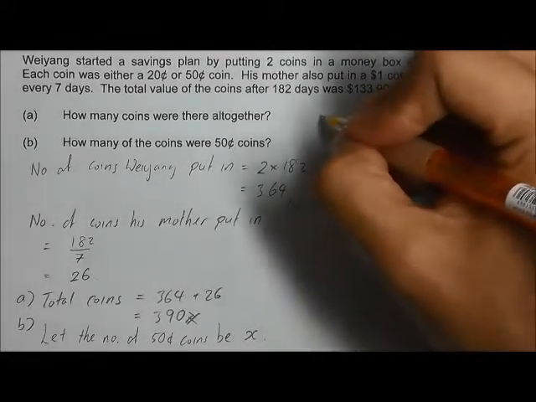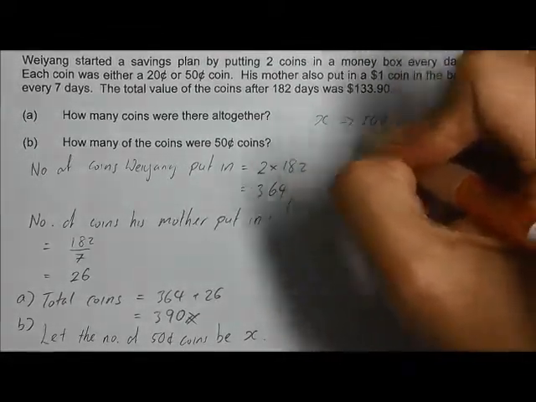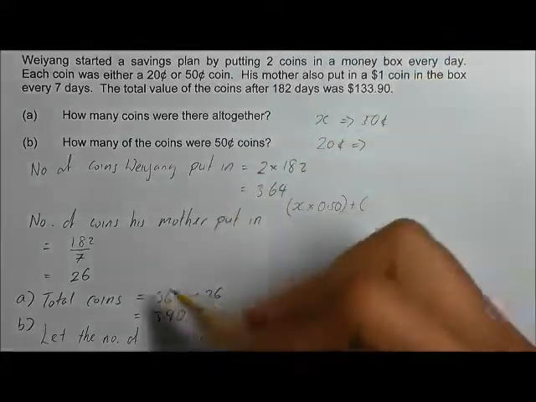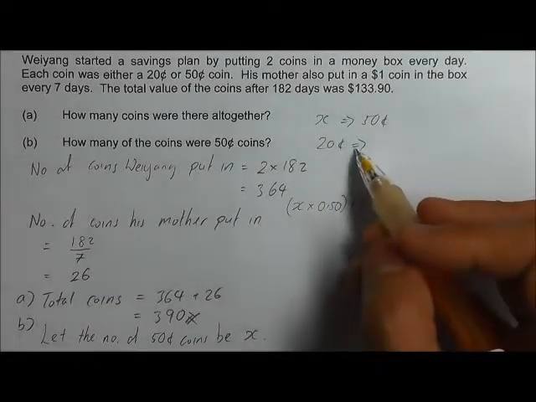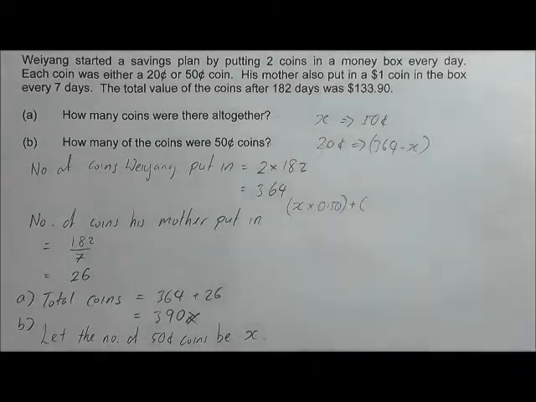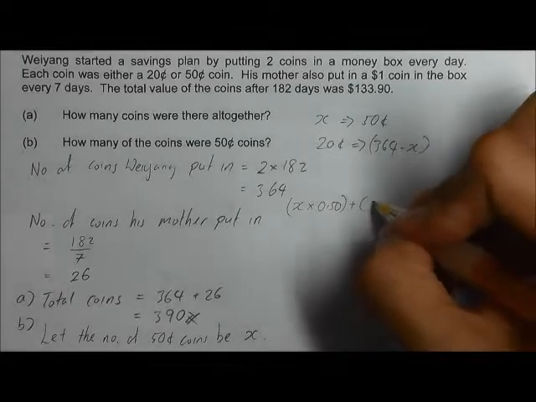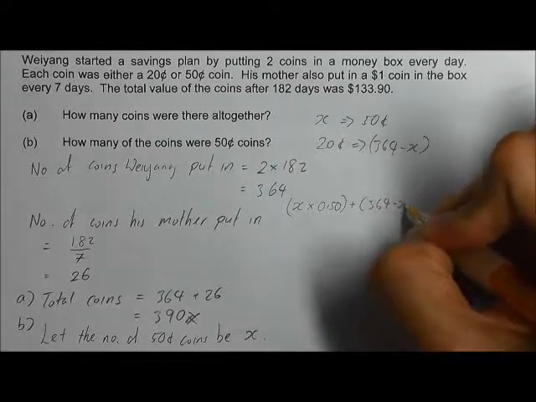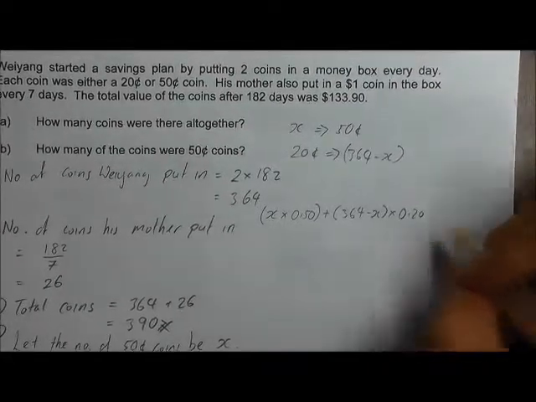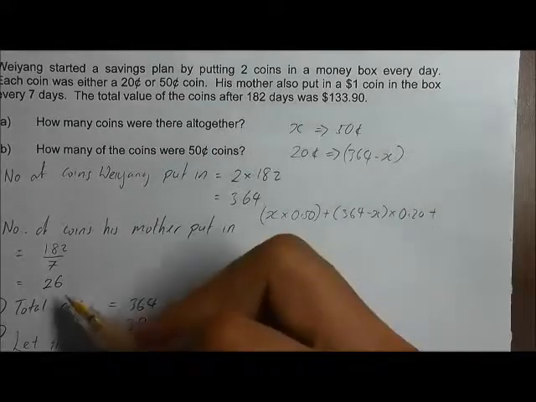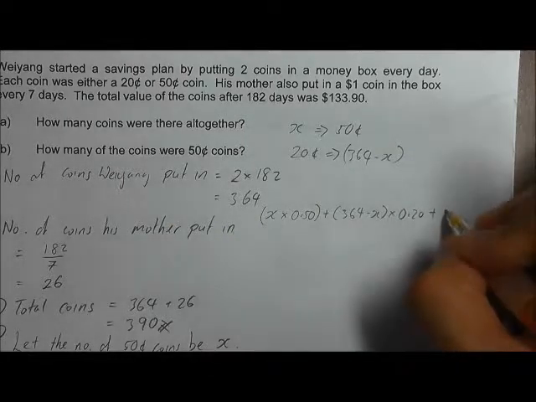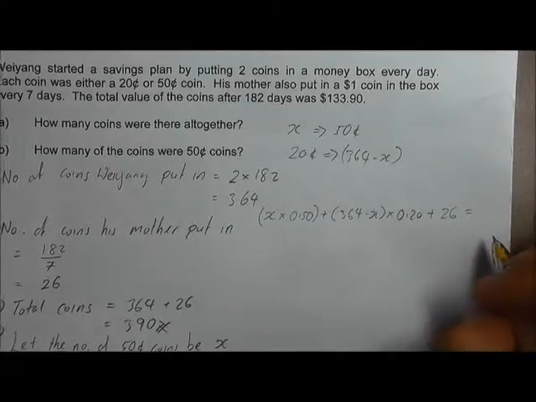So if there are x number of 50 cents coins, then for 20 cents coins, it has to be the total number, 364 minus x. So we have 364 minus x number of 20 cents coins. Okay, so number of 20 cents coins multiplied by 20 cents, 0.2, and we have to plus 26 times of $1 that is put in by his mother, plus 26. This will give us a total of